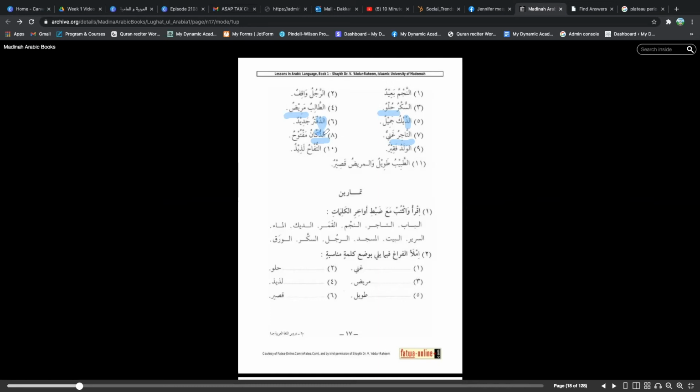So it's not ad-dukkanu, it's ad-dukkan, all right? So the dal connects with the kaf. Ad-dukkanu maftuhan. The store is open. Al-waladu faqirun. The boy is poor. Al-waladu faqirun. Okay, and if I wanted to make it say a girl,